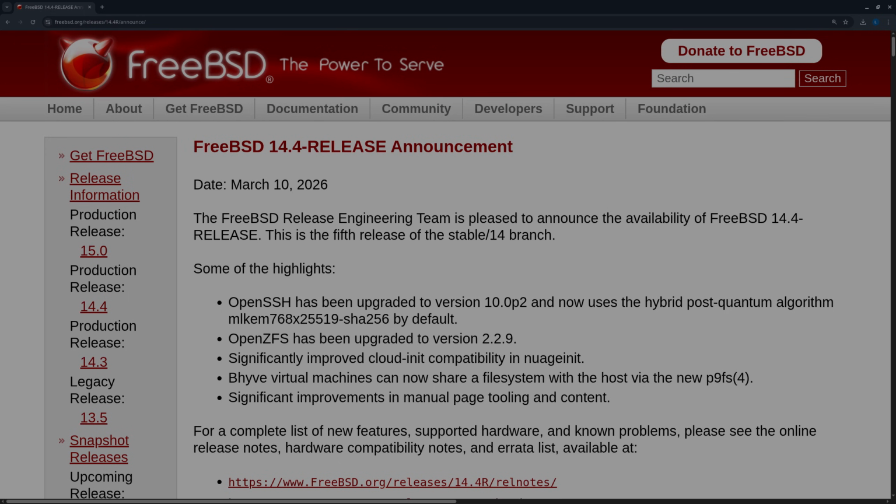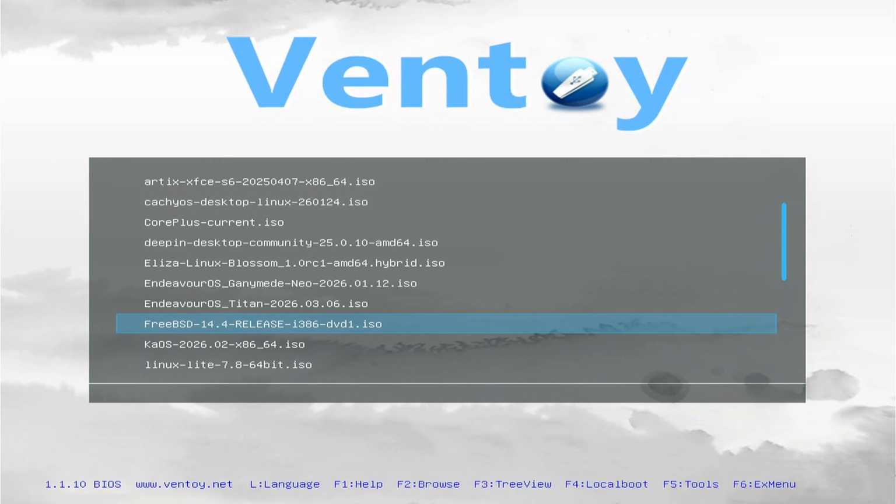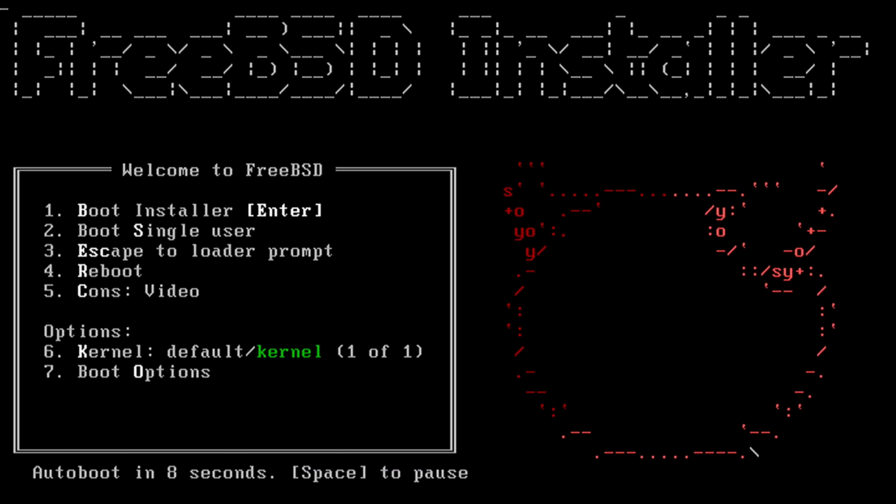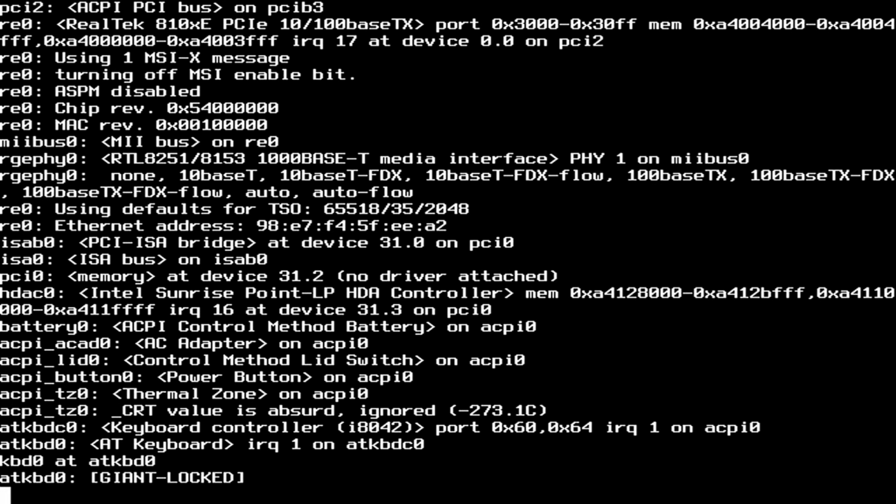Why is FreeBSD 14.4 out if version 15 exists? The reason is simple. It is mainly due to the essential support for 32-bit. You will test it. New Ventoy versions allow using FreeBSD. Boot the ISO and wait for the system installer to